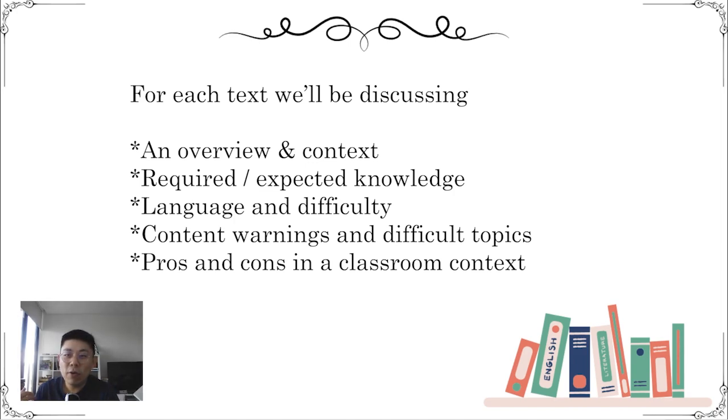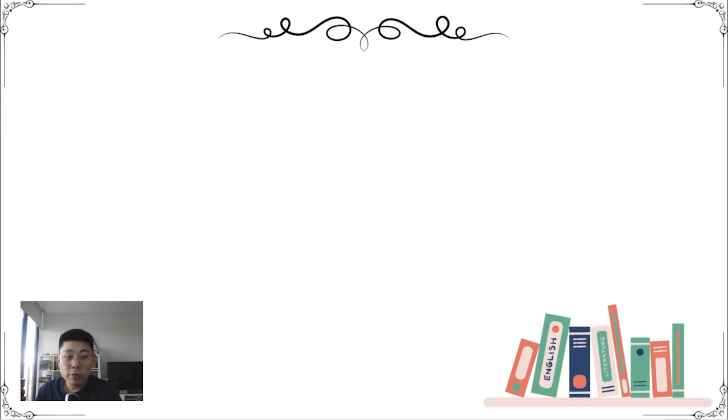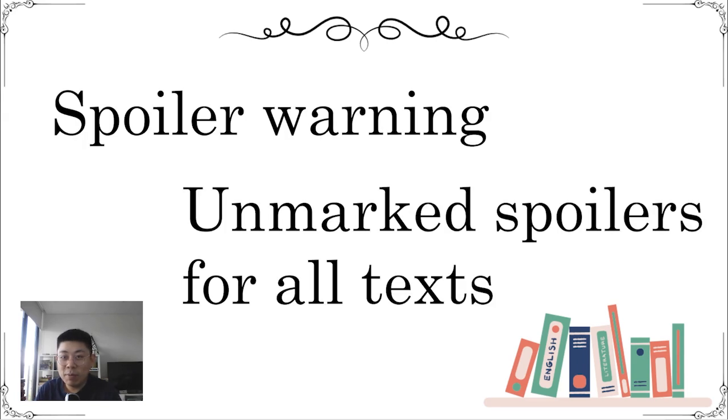Hopefully each one will show why it's been chosen and why it can be a worthwhile thing for students to go through. I also will say there are unmarked spoilers from here on. I'm not going to be talking about texts in a roundabout way to try and avoid spoilers. I'm just going to say what they are. There are a number of texts that are structured around hidden information, and I'm just going to ruin them. So I will have timestamps. If there are particular texts that you want to go out and read, then don't watch those ones, of course.